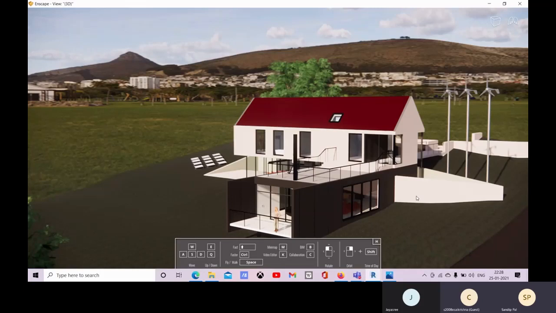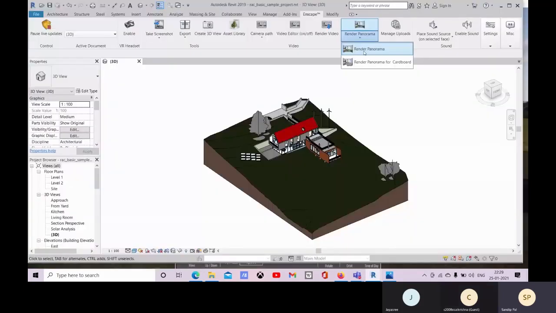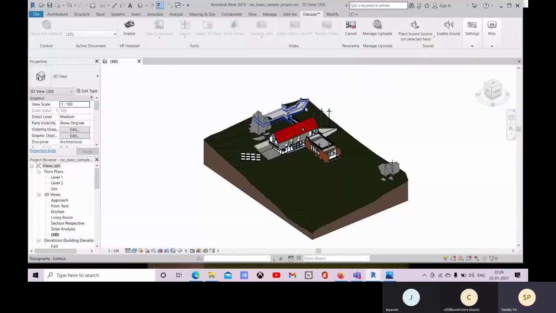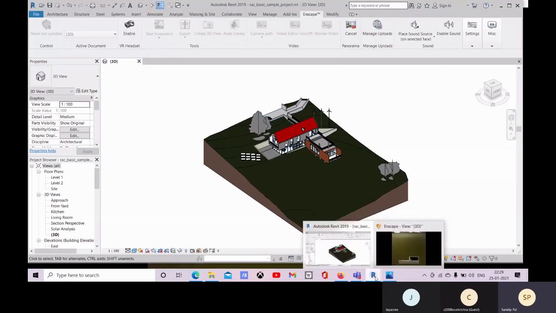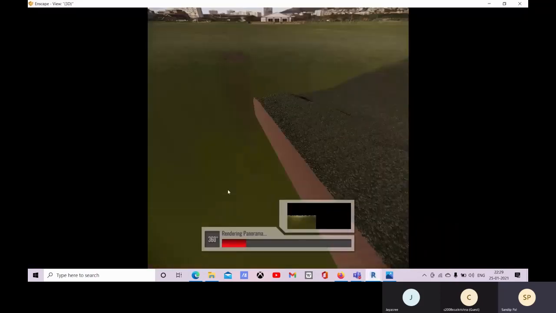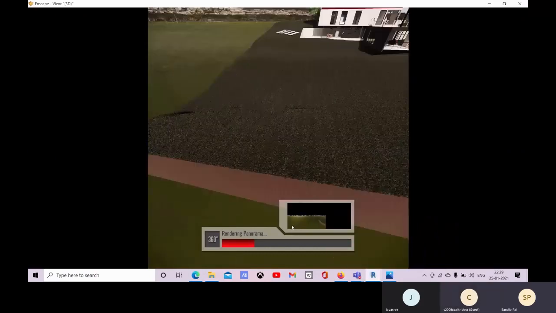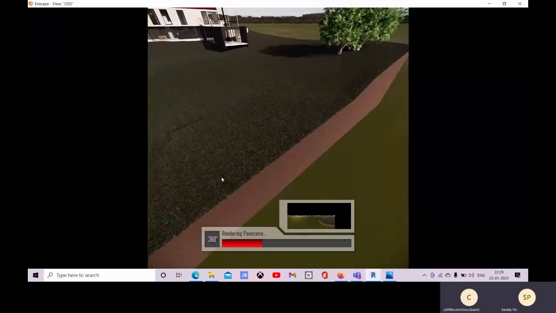Okay, and then after that go to your Revit and go for this render panorama, and if you switch into here you got this, it's executing the panorama. So you got this 360-degree view in one image.